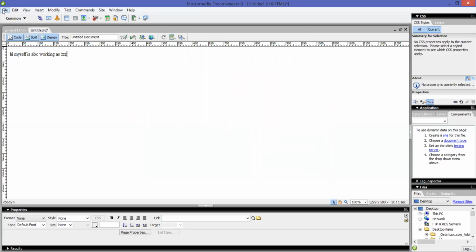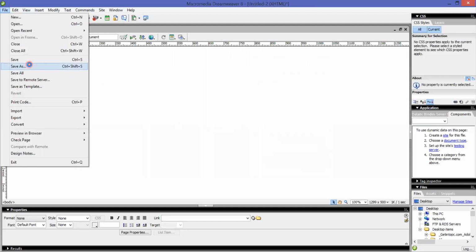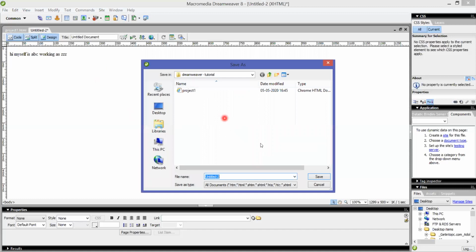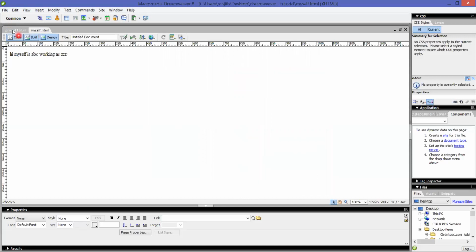Now let me save this. Save as, in this itself, let me save it as an HTML document as about myself. Now give it as save over here. Now let me move back to the project, and then let me give it as about myself.